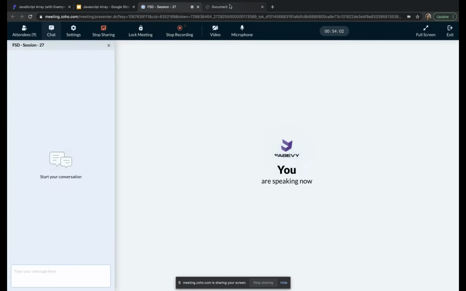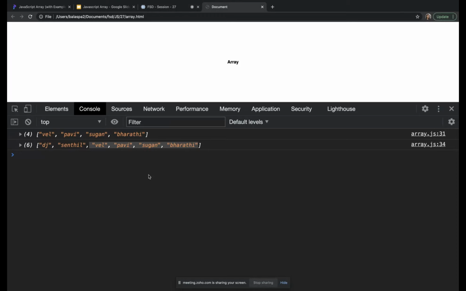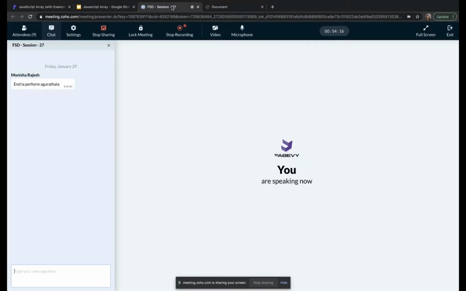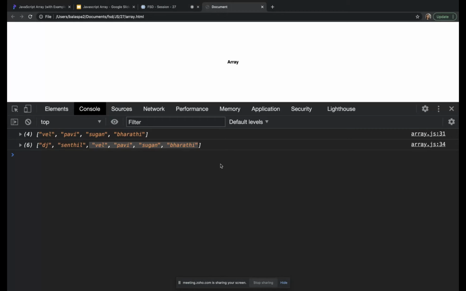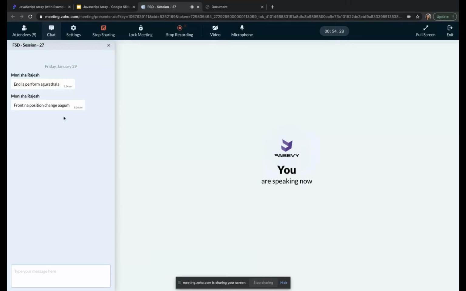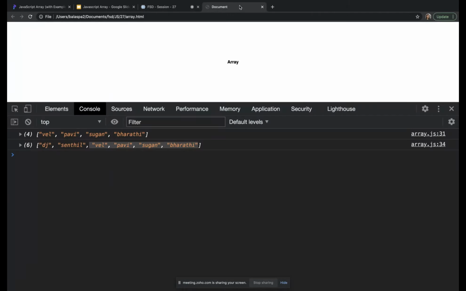My question is, why is push and pop fast and shift and unshift slow? Any guess? Wild guess. Is it because of where it is performed? Yes, exactly correct, there is a reason: it performs at the end, and the other is the front. In the front the position changes. When we use these words, the index changes. This is what I'm saying. Technically, start using this, because I have already taught you the word index.